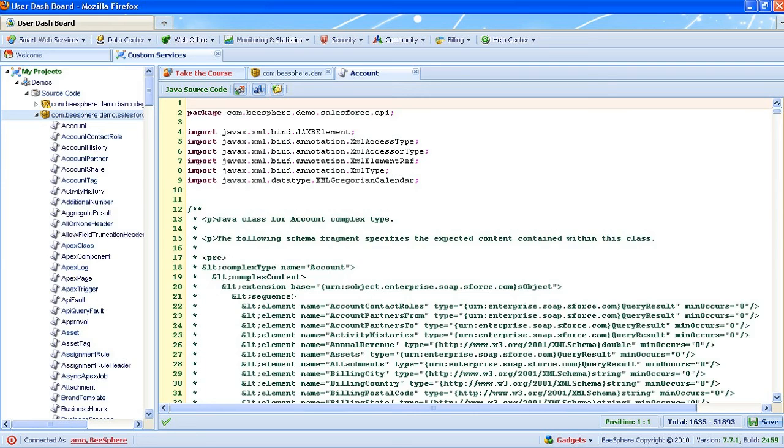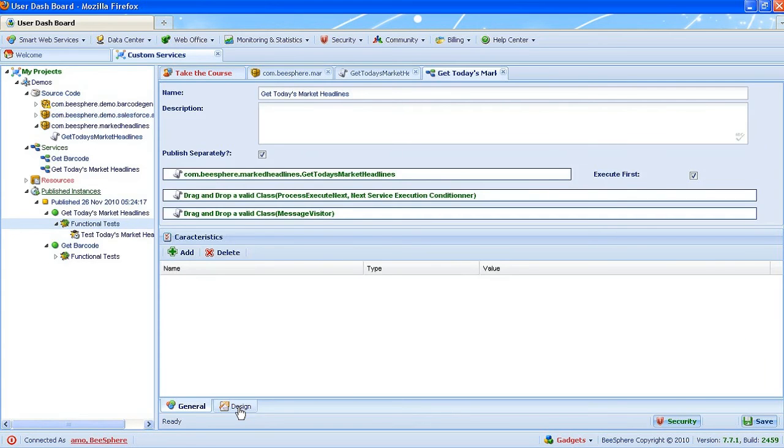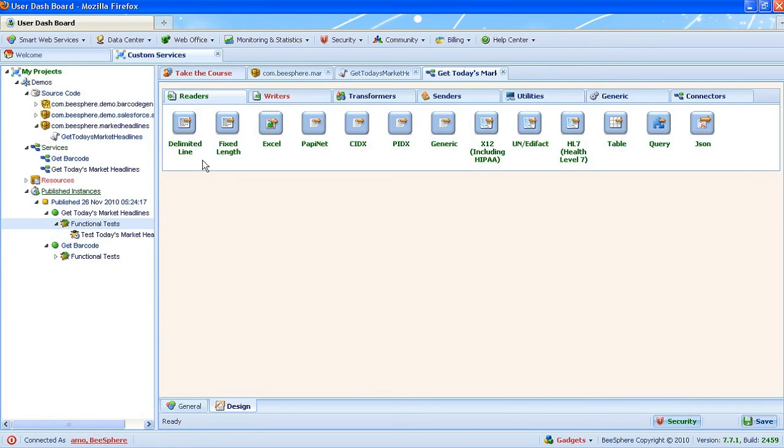In this third example, we'll discover how to create complex data flows around the service mirroring an existing web data source. The modeler provides a rich gallery of components to use when designing data flows, including readers for text files, Excel, XML industry standards and generic, EDI documents, table, query and JSON, writers for writing text, Excel, XML, EDI, documents